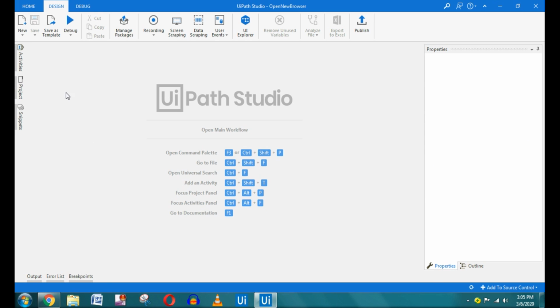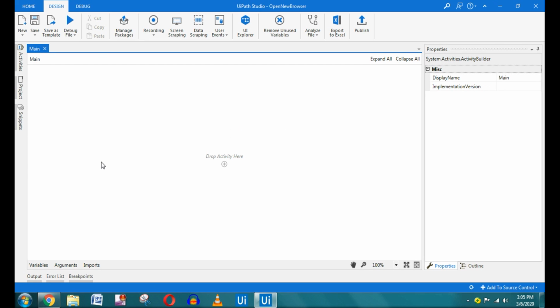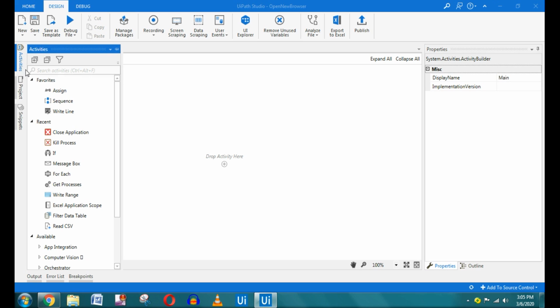This is the window that you may come in depending on the version you are in. So we are using a community edition. Now I'm going to click on Open Main Workflow. Okay. So here on the left hand side you have something called activities. Sometimes it could be on the bottom list, wherever it is available, but again you have to click on activities, and here you have to type